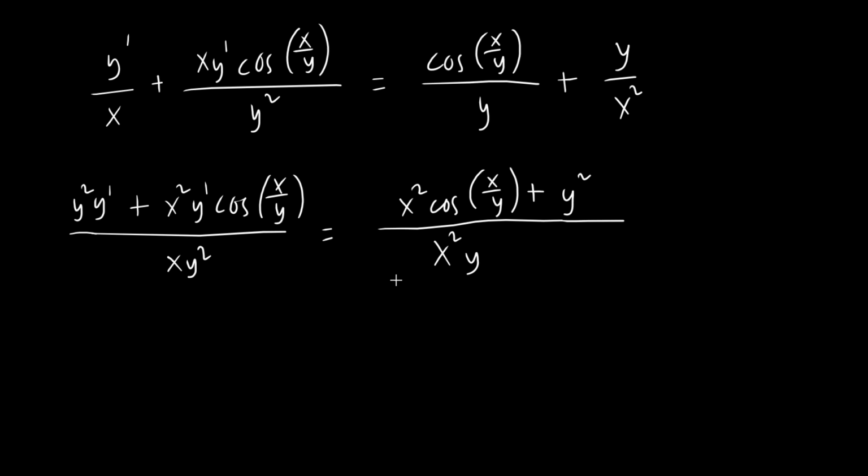So again, this term here, we'll multiply both sides by xy squared. So xy squared, xy squared. So this will now be cancelled. So x will be cancelled also, and y also. So the remaining will be,